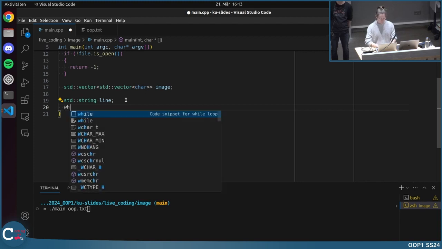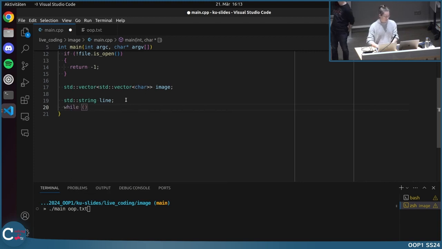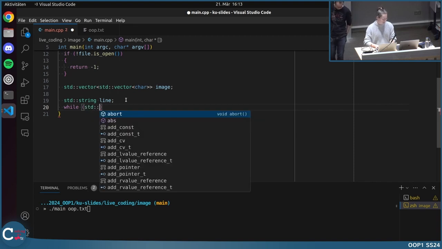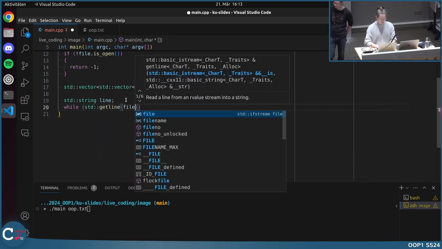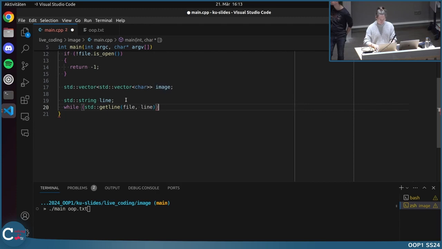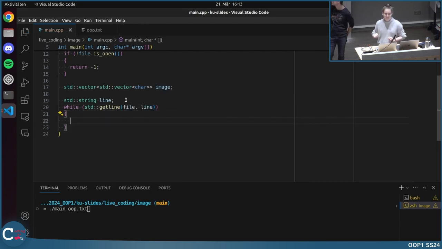And to do this, we can use the return value of getLine to check in a while loop if there are any more characters left to read. So if we do it like that, and then getLine returns false, then we won't do anything in here, and we'll just do something if